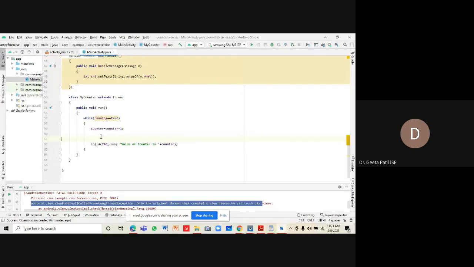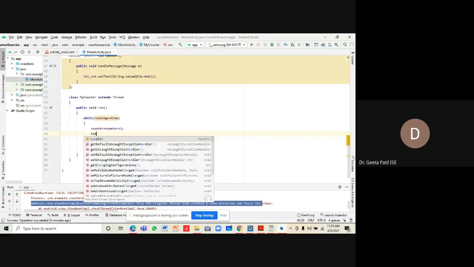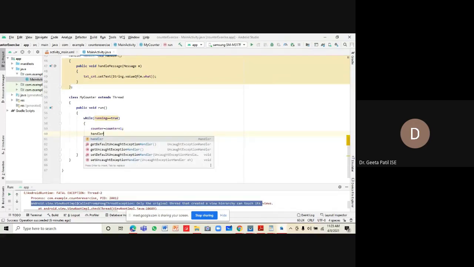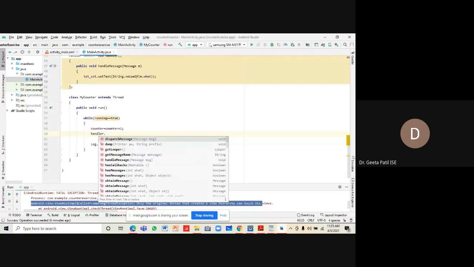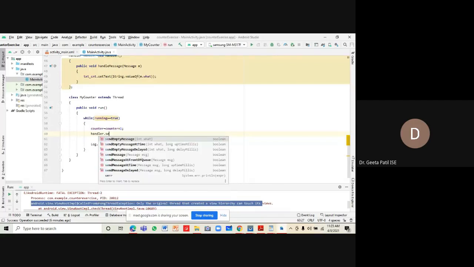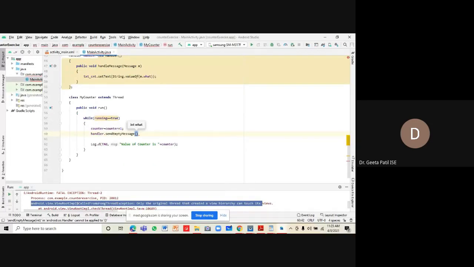So in this case, after incrementing the counter, we will call this handler dot send empty message, with the value of the counter.